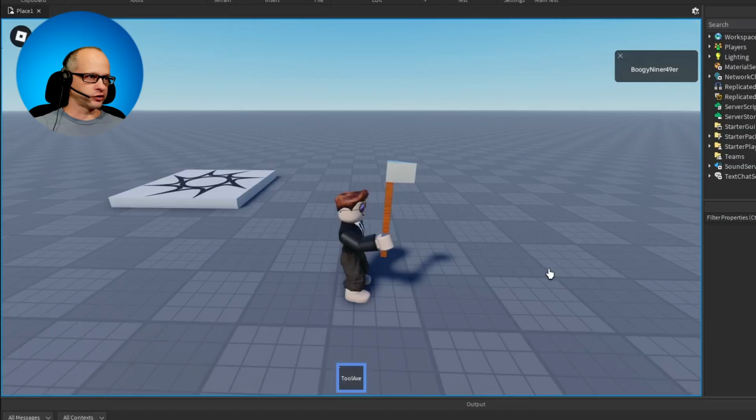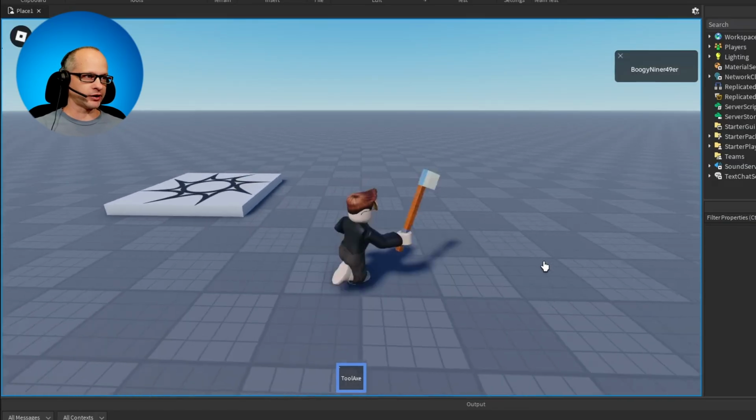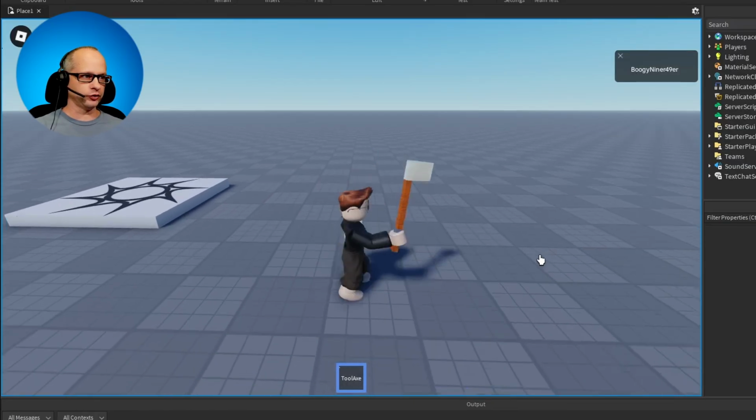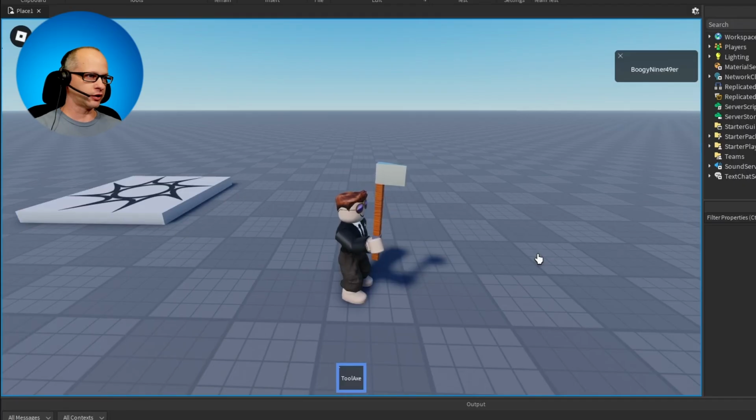So currently our tool doesn't do anything, but if you want to have some actions that go along with your tool, you have to do a little bit of scripting or create some animations to go along with that. In the description of the video, you'll find a link to part 2 where we create the animation and script so that the player can swing the axe